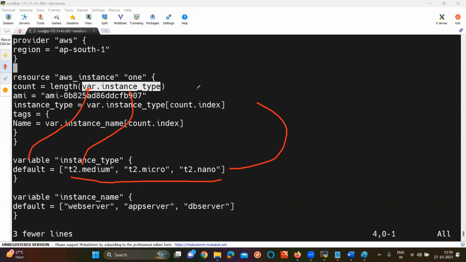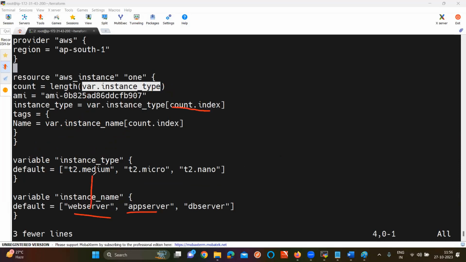That means my count will be 3 here. And then if I want to give the names, go for variable block instance name. Do you have variable block called instance name here? And here also give the name from the count.index. That means based upon the index value, give the names. Web server will get T2 medium. App server will get T2 micro. Database server will get T2 large here.